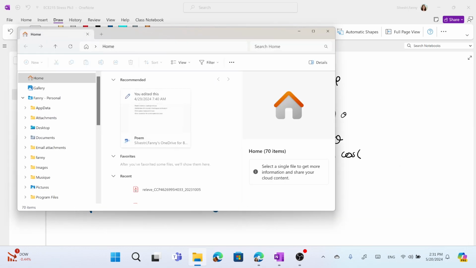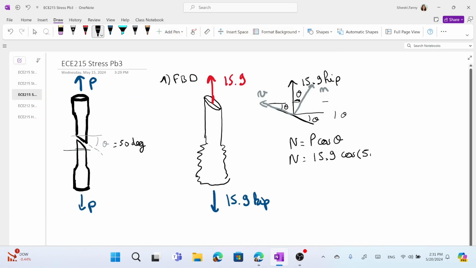So for N, that will be 10.2. And for the value on the tangent plane, so for the V, the shearing force, that will be,